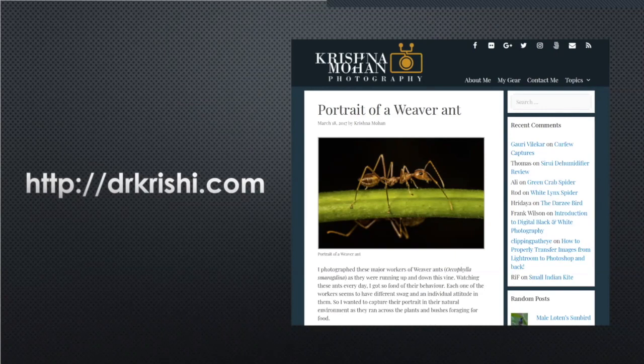For macro, one of the more important aspects is being fit and fine, because when you're down at that angle waiting for the ant for minutes together, you really have to be fit and fine. Yes, I exercise for what I need. I usually put a mat underneath my body if I'm lying down for a long time. A usual yoga mat, what you get in any of the malls, is fine. That will help you not get wet from the ground. Also, it will avoid having a sore knee,